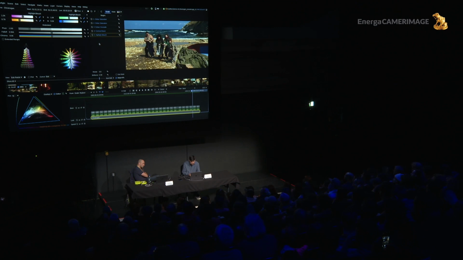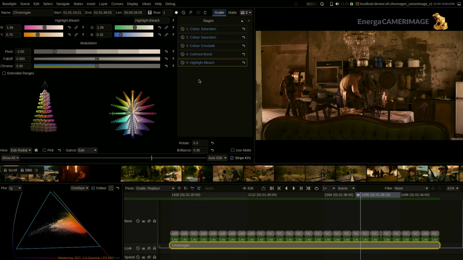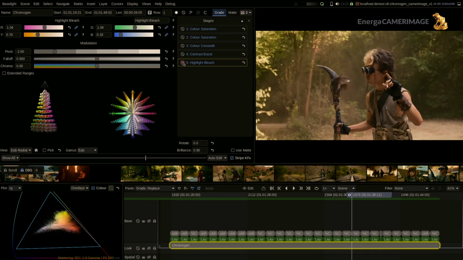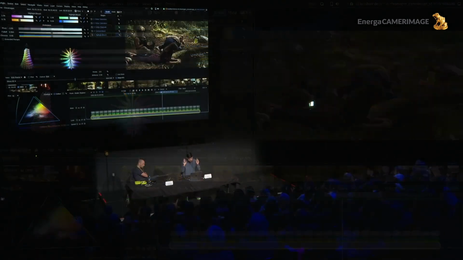One thing that we are maybe not happy with is, now that we added that highlight bleach, maybe we think, yeah, but it's now getting maybe too grayish there in the highlights, and we like maybe that warmth a little bit. What we might want to do is not bleach towards the neutral axis, but bleach more towards a little bit more warmish color. So we want to reduce the color variation there in the highlights, but not to a boring gray, but more to a nice warm orange-ish tone. And this is what we can do with